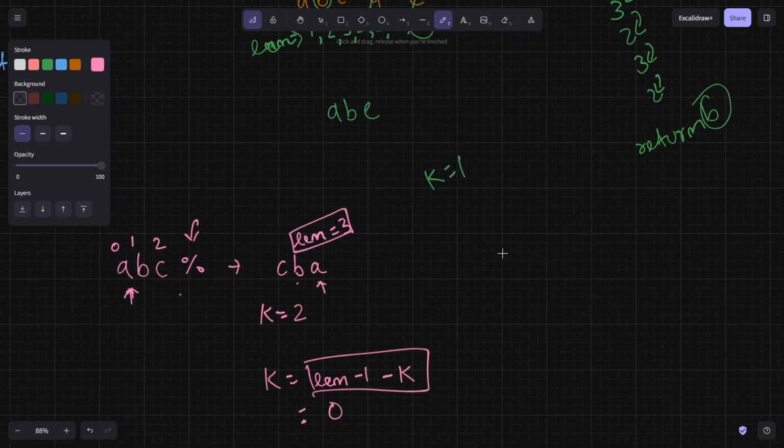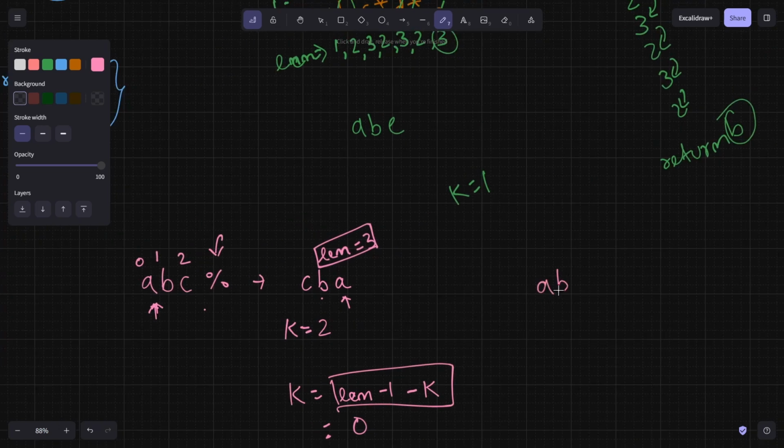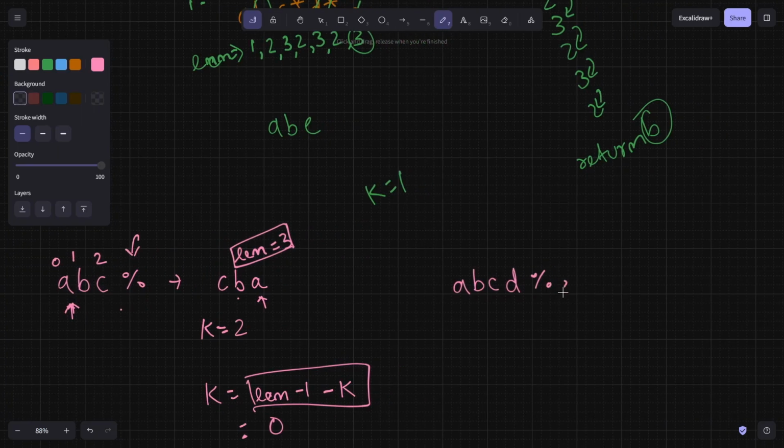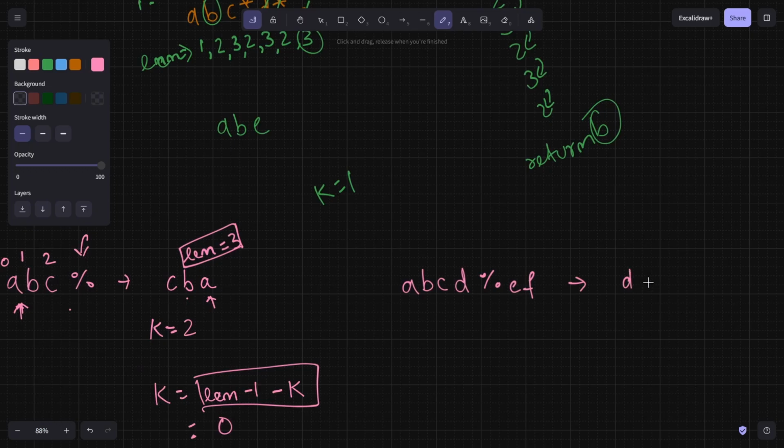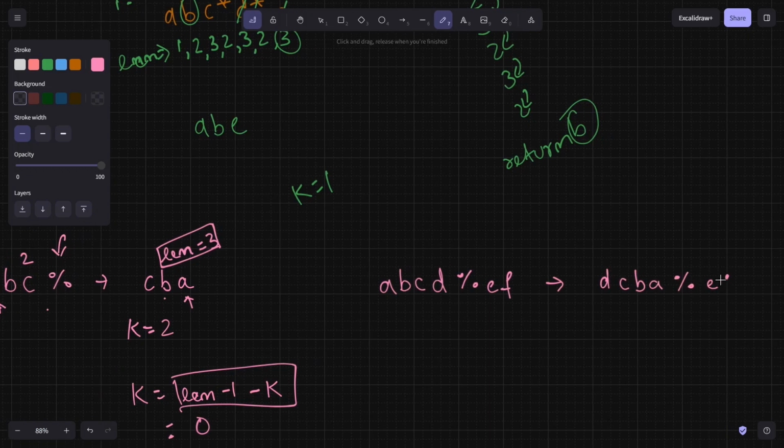Okay, so in another bigger example, if you see a b c d modulo e f, that is going to become d c b a modulo e f. So length equal to 1, 2, 3, 4, 5, 6. So length equal to 6 here. So what we are going to do is